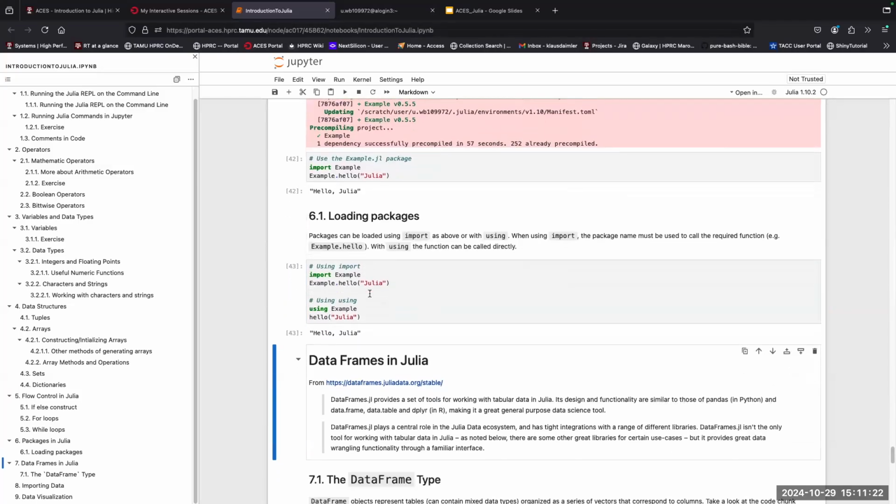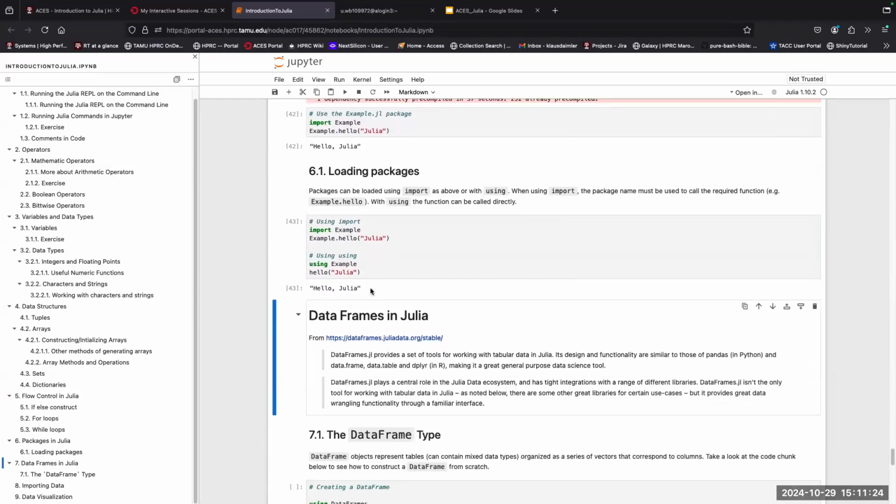All right. So we kind of jumped through packages a little bit. And then we're going to go back to data structures because data frames comes from the data frames package that we loaded earlier. So it's not necessarily a built-in data structure type, but I think it is one that if you're used to